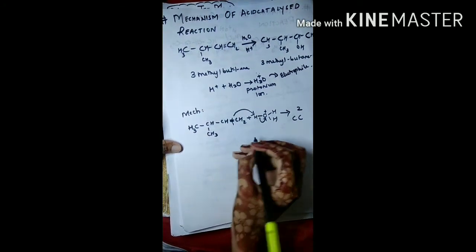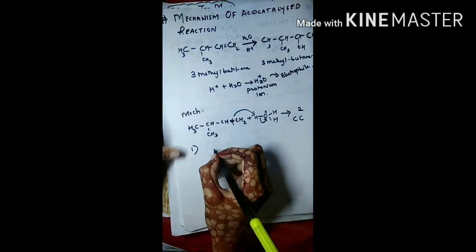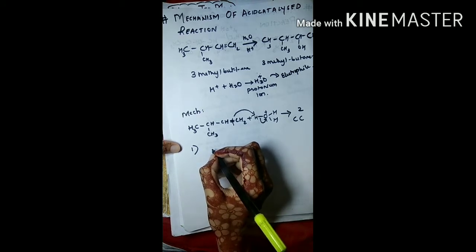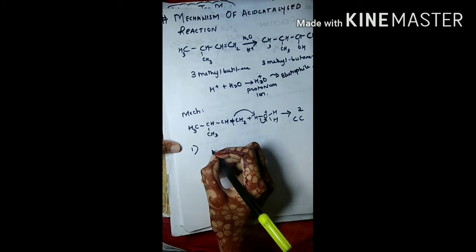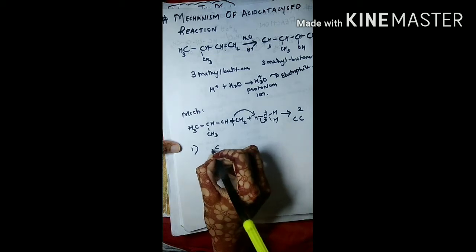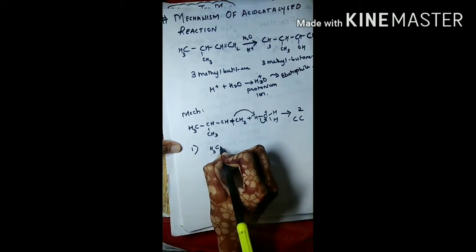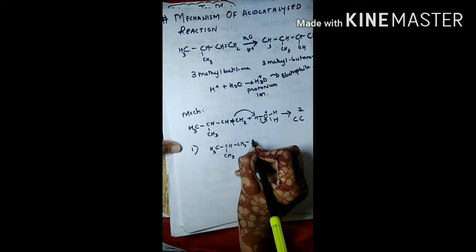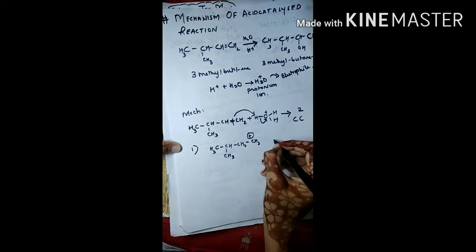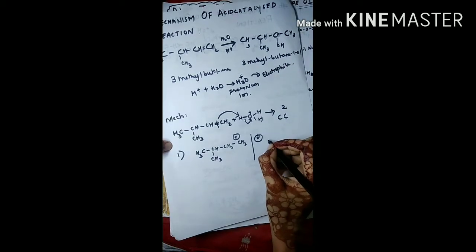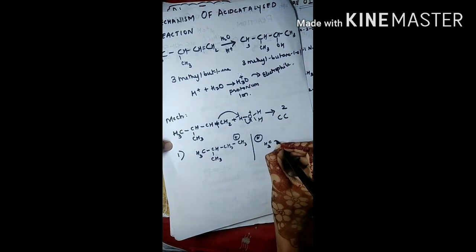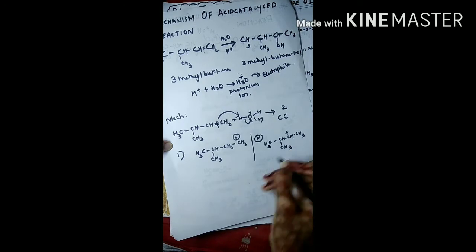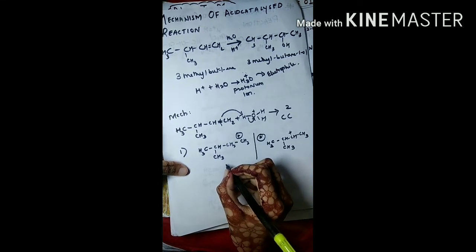I'm writing CC. So if the hydrogen attaches toward the left side, I'm writing here: when hydrogen attaches toward the left side of the double bond, the carbon on the right side of the double bond will get the positive charge. And when the H plus is attached toward the right side of the double bond, the carbon at the right side of the double bond